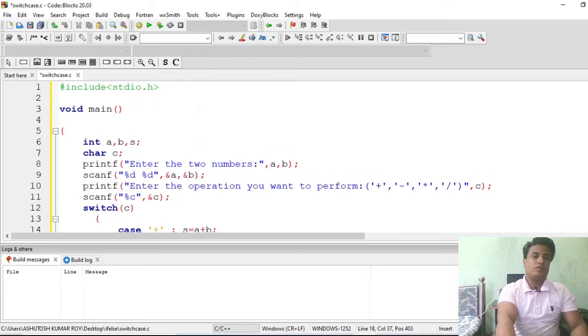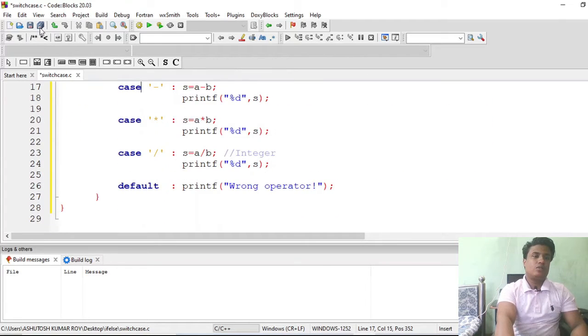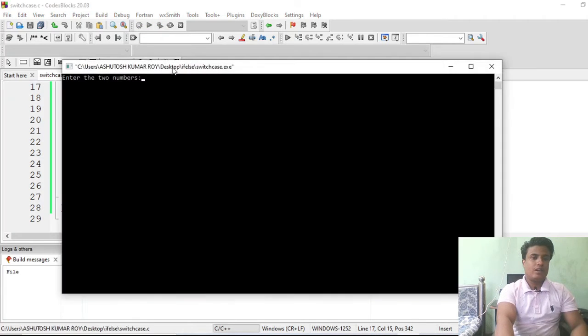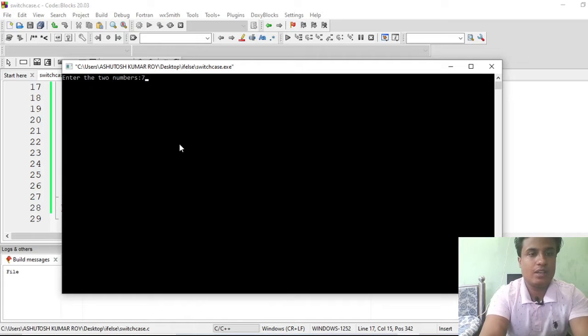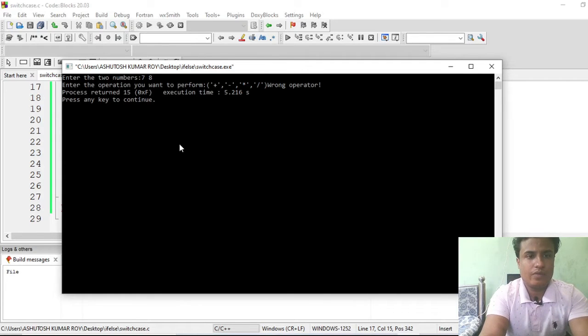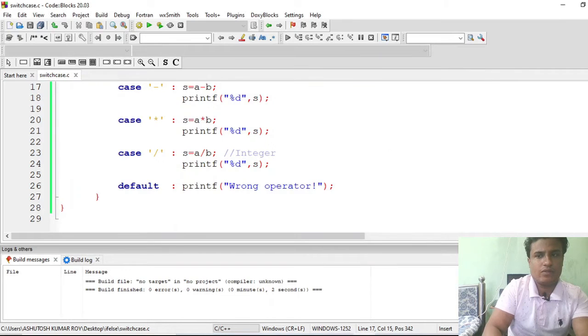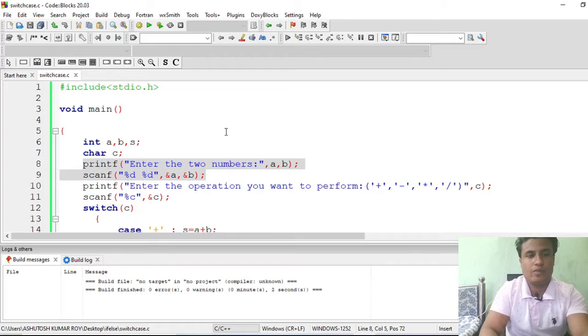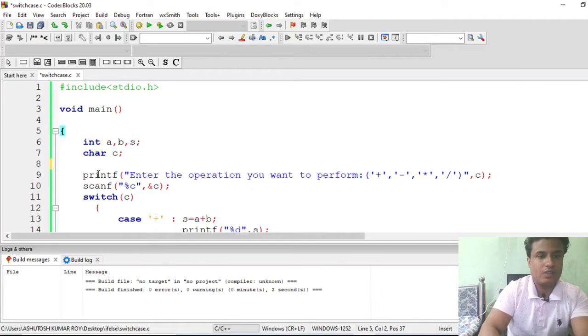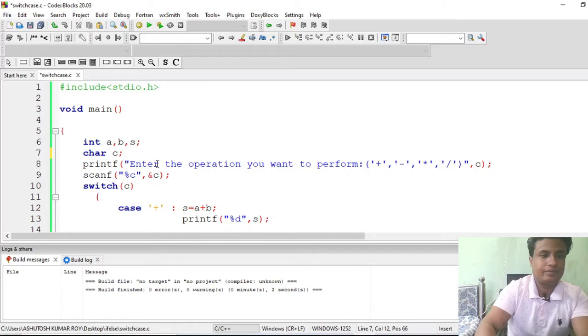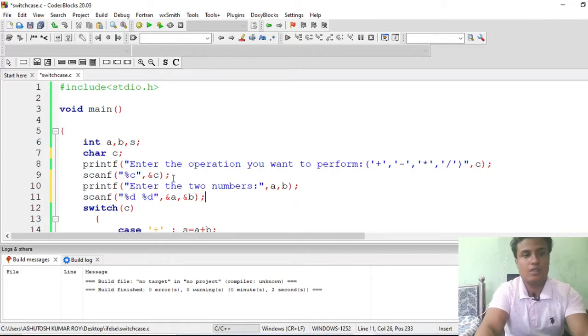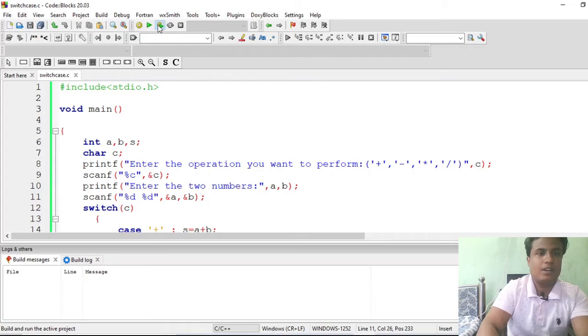So let's save the file and run it. Hope there is no error. Yeah, there is no error. So suppose we enter two numbers as 7, 8. Now it's again showing the error. I think it depends on my compiler. Okay, so let me just rearrange those statements. I've told you about these things in the last lecture. Now let's save it. Now run it.